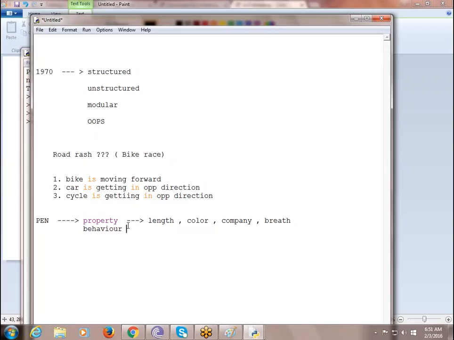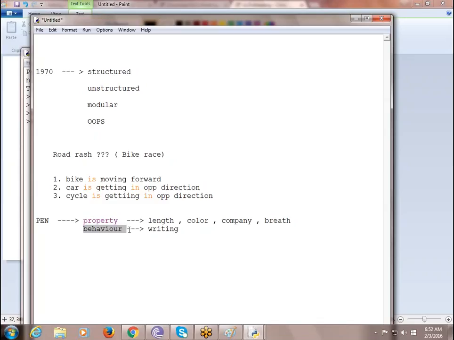Coming to the behavior, what is the behavior here? What can I define for this? The pen is for writing. So this is how OOPS has supported developers: whenever you design an application on any object from this world, there will be a property and a behavior.